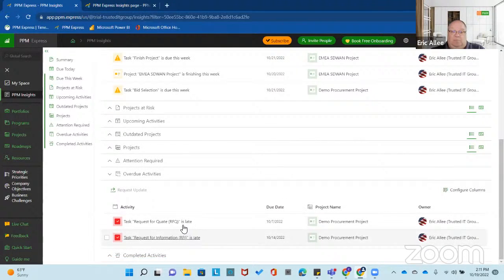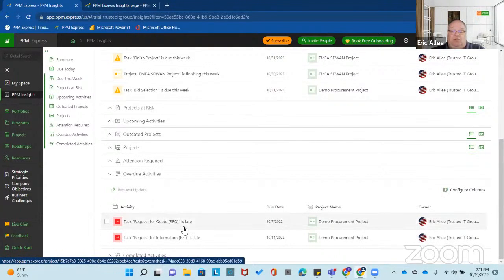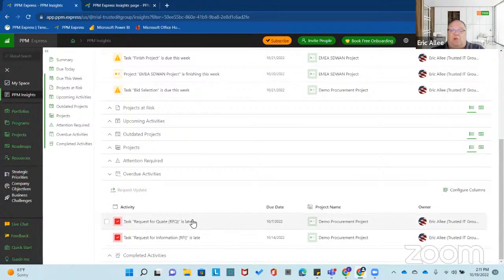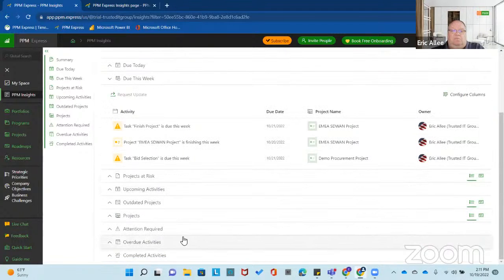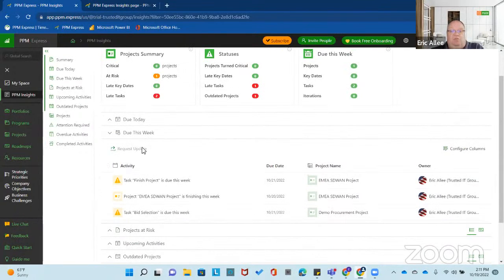We'll talk about that a little bit, but that means that overdue activities are basically a task or a project that hasn't been updated in 7 days. Okay. But what this allows us is this little request update automatically allows you to just click, and in the upper